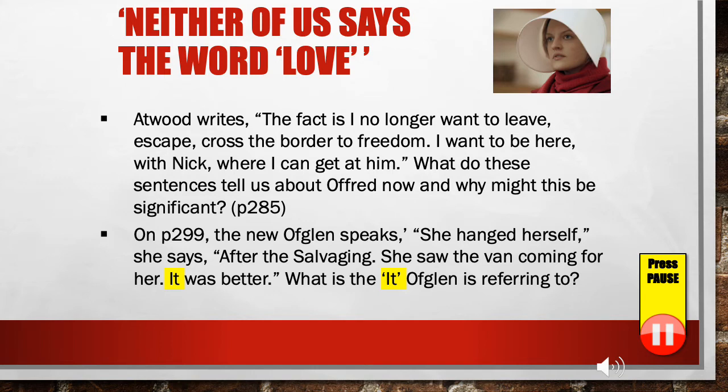What's interesting here is that even though it's originally engineered by Serena, Offred takes things further with Nick, and as soon as she begins her affair with Nick, she slips into a very dangerous complacency. What's Atwood up to here? Well, something again that, and you could develop this into an AO4 comment,